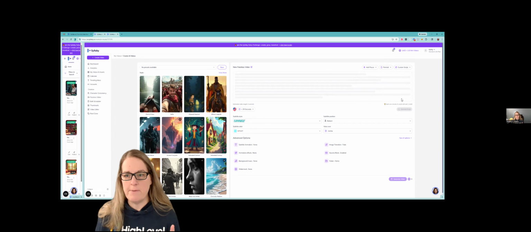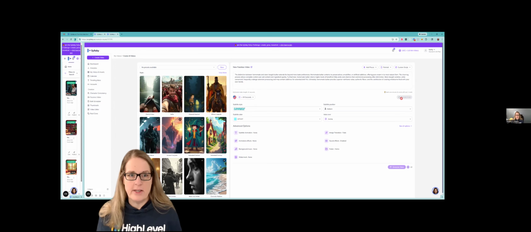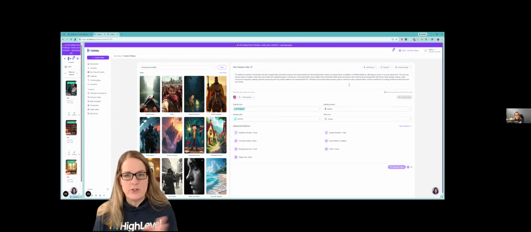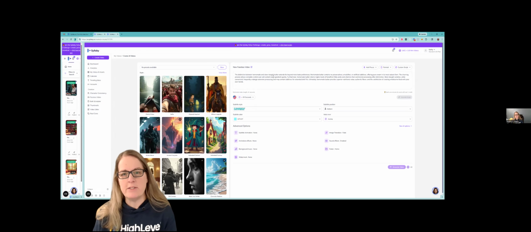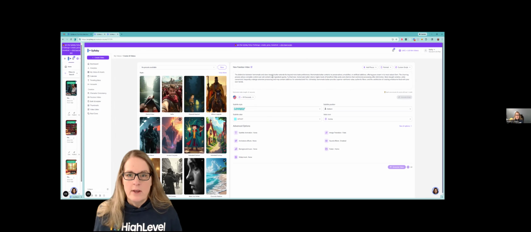It costs 1 credit for each minute of script that it does. The thing you have to realize is whenever the script is here, you need to read it. You need to make sure it's going to say what you want it to say, because once you get past this point, changing the words is difficult inside of the software. So you have to make sure it is what you want it to be. Homemade. Okay, that's good.